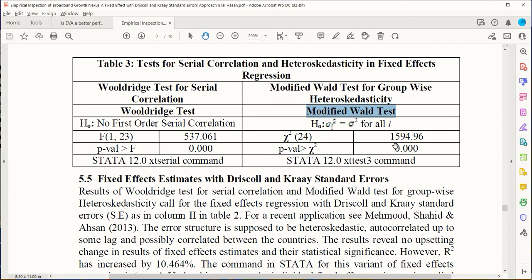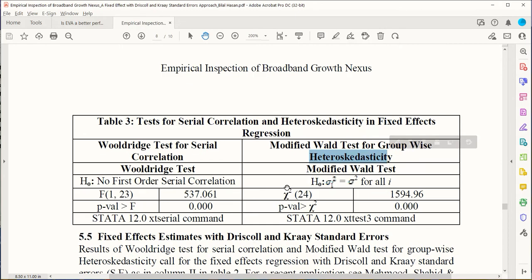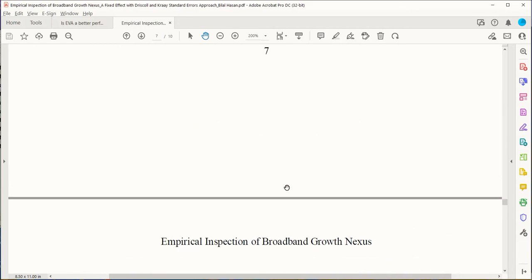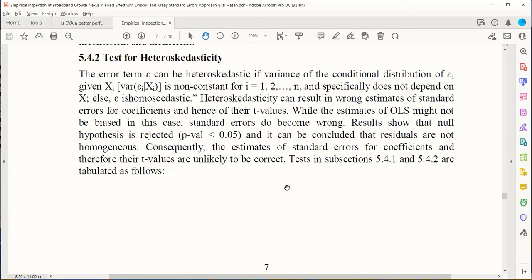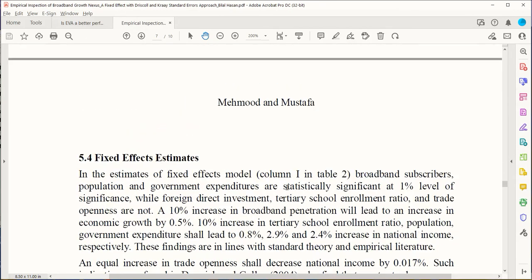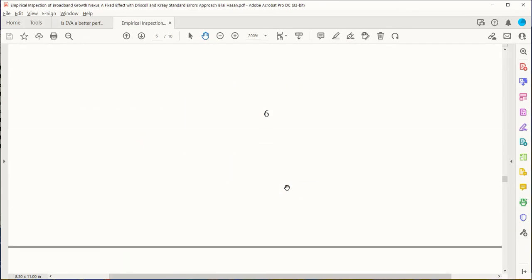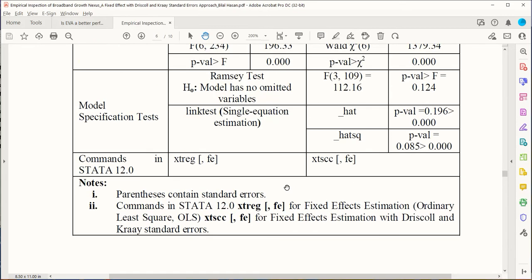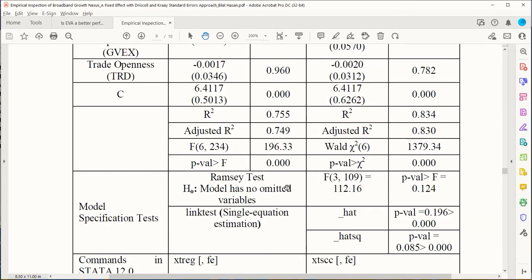It is statistically significant and the null hypothesis is rejected, so there is not the same variance for all the i. It means that both autocorrelation and heteroscedasticity are evidenced, and we have to resort to some superior technique as compared to the fixed effects. Actually, this is a remedial measure for the fixed effects model when it has the problems of heteroscedasticity and